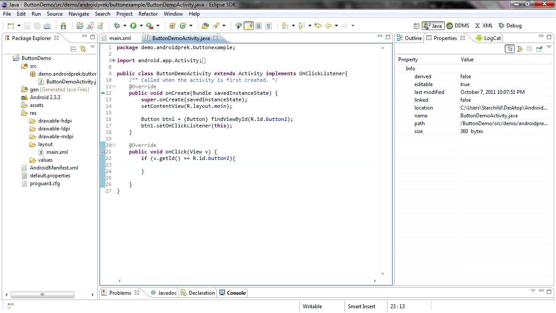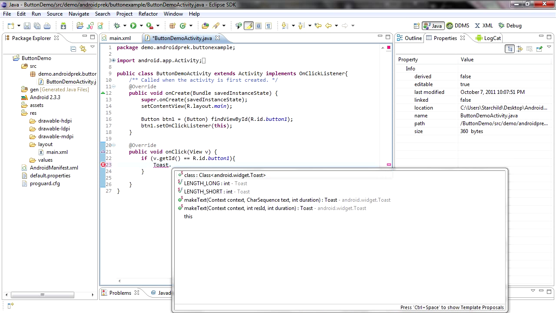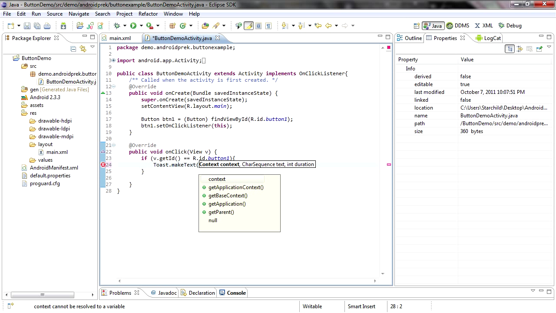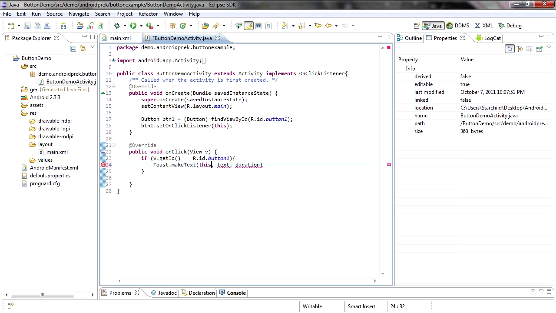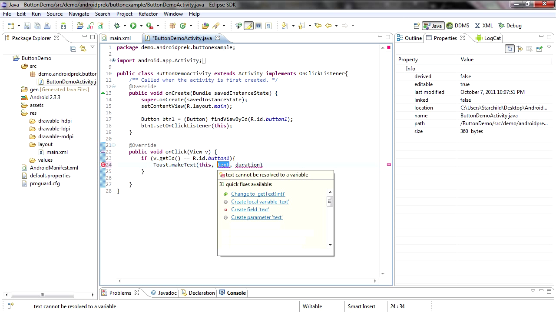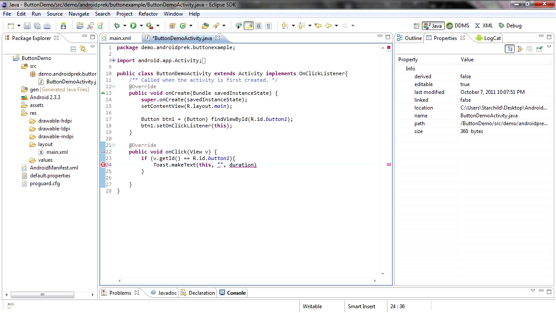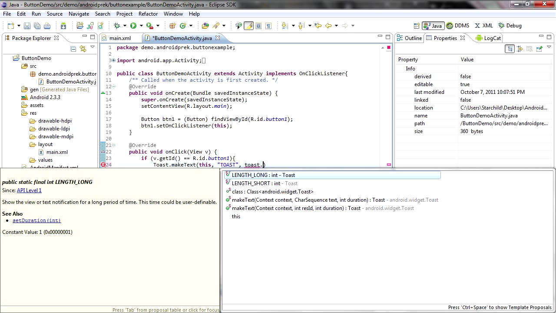And what I'm going to do is just make a toast real quick. Toast dot make text. Choose the first one. We want the character sequence. We're just going to put this for the context, and then we're going to just add the text that we want. We're just going to say toast. Then we're going to add the duration, and duration is just toast dot set it to long,